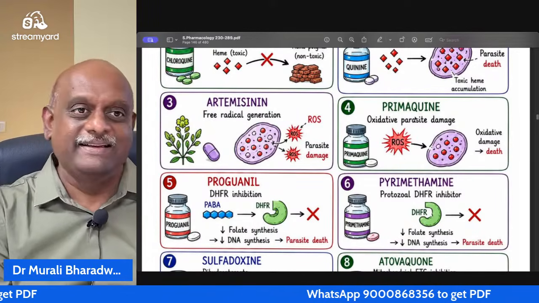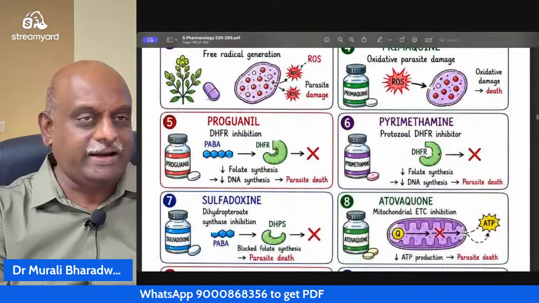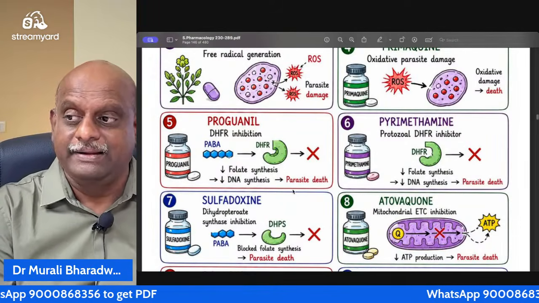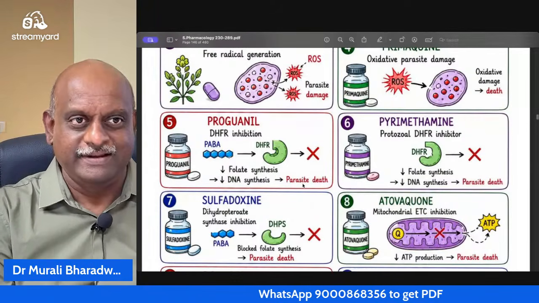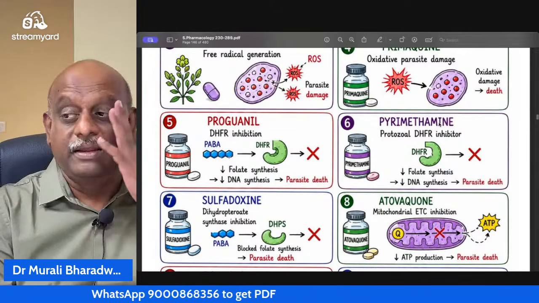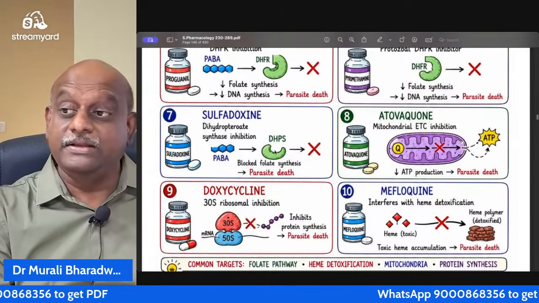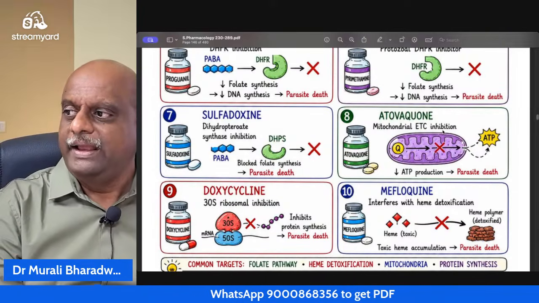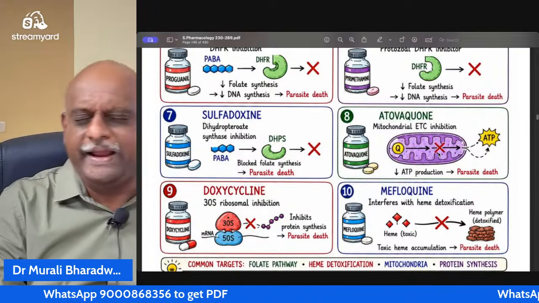Then primaquine also leads to oxidative damage to the organism. Proguanil is a dihydrofolate reductase inhibitor. Decreased folate, decreased DNA, the parasite cannot produce children. It will do family planning too. Then pyrimethamine is also a dihydrofolate reductase inhibitor. Sulfadoxine is a dihydropteroate synthase inhibitor, blocking folate. And atovaquone is a mitochondrial electron transport chain inhibitor, decreasing ATP. If it is not there,